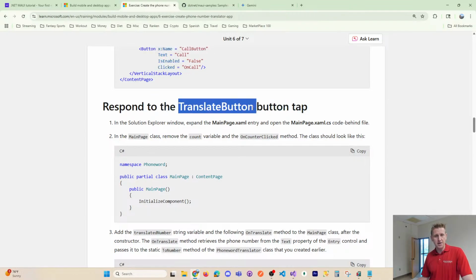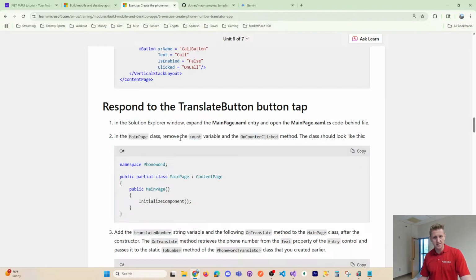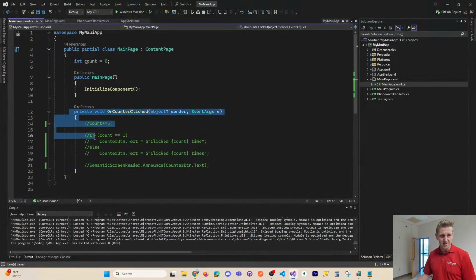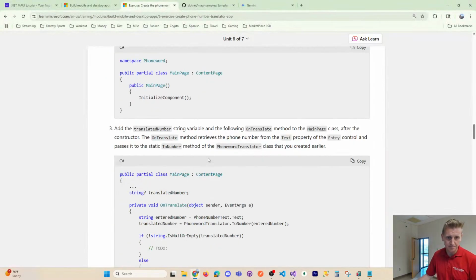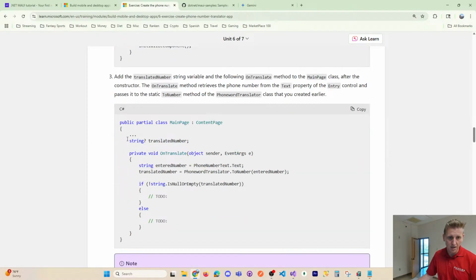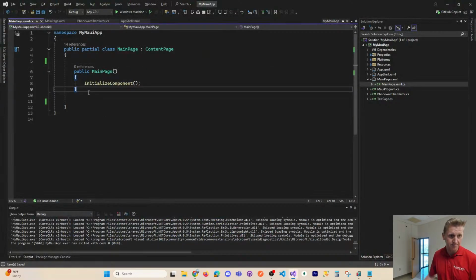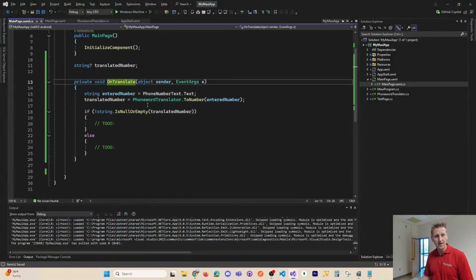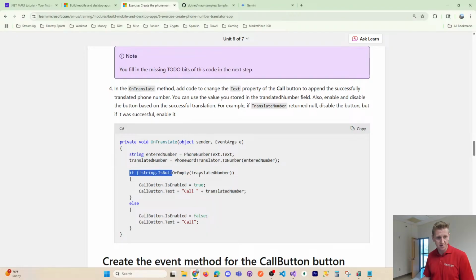Respond to the button tap. Okay, it says remove the method and the count variable. So that's essentially what I was doing. It has 0 references, so we can delete. And here's on translate. You click the button, you're going to call this event handler. And so bring that in. So now we got that method. Okay, here comes the next step. Here's our if statement. Then